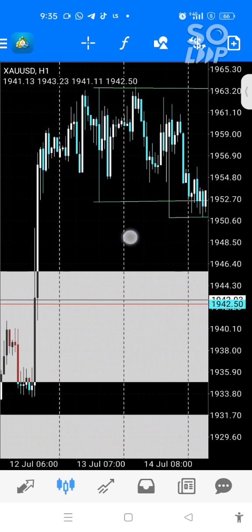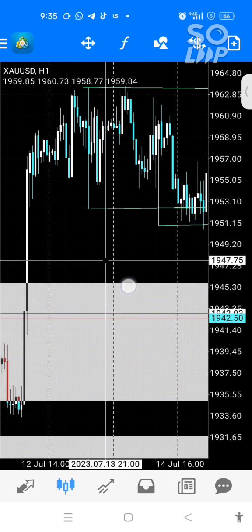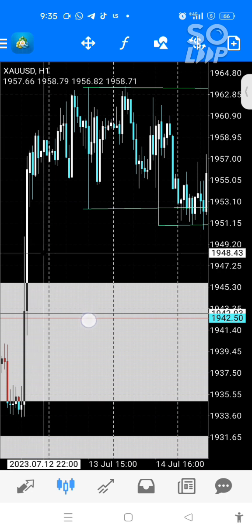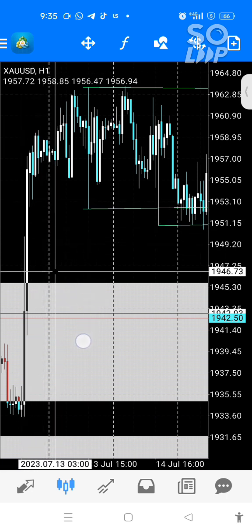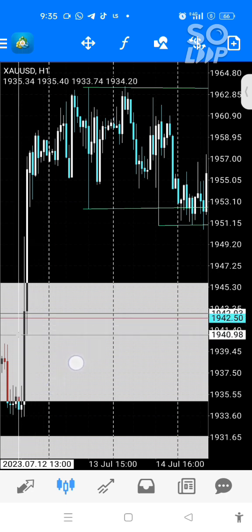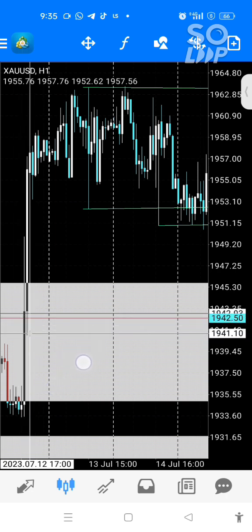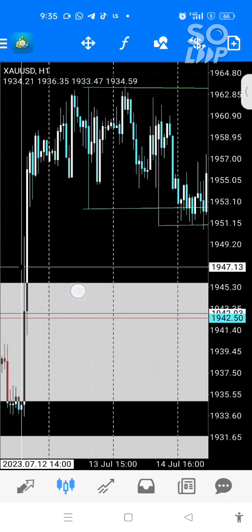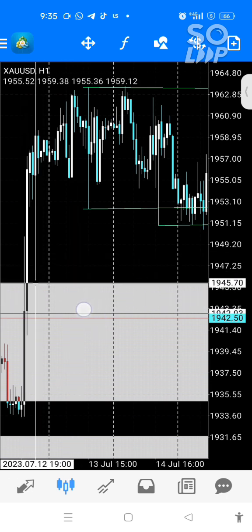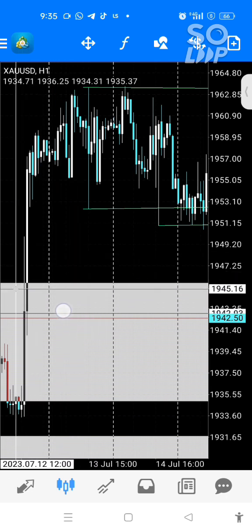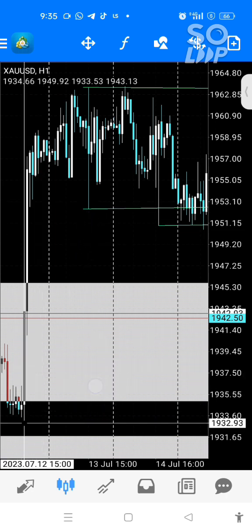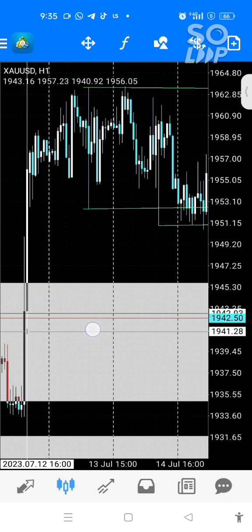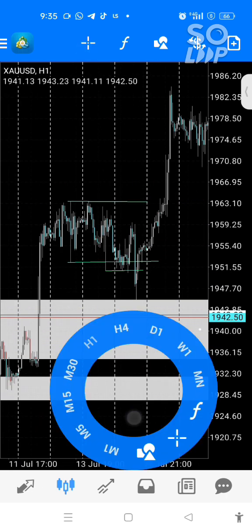Now you have a fair value gap here. Now when you have a fair value gap like this, it is the fair value gap, right? Yes, sir. You can use the low wick of the fair value gap. The fair value gap is formed in 3 candles, right? Yes, sir. 1, 2, 3. So you can either use this low or this low of this week. And I prefer to use this one because it's the closest. Can you see?